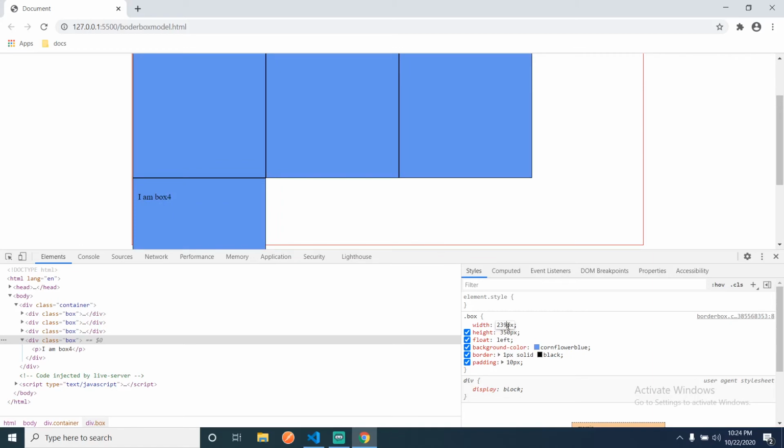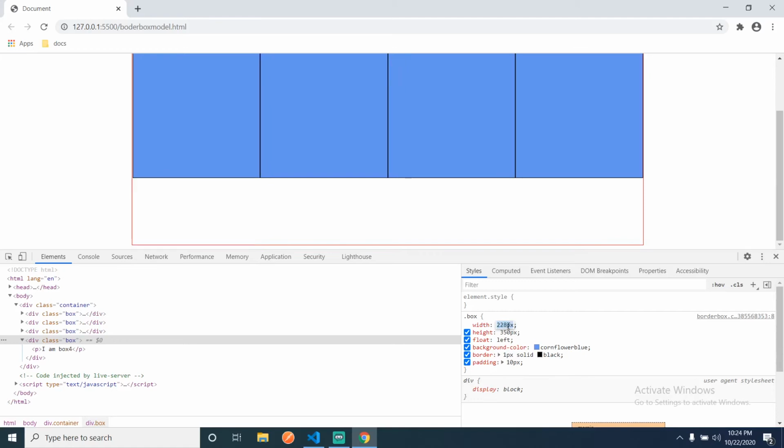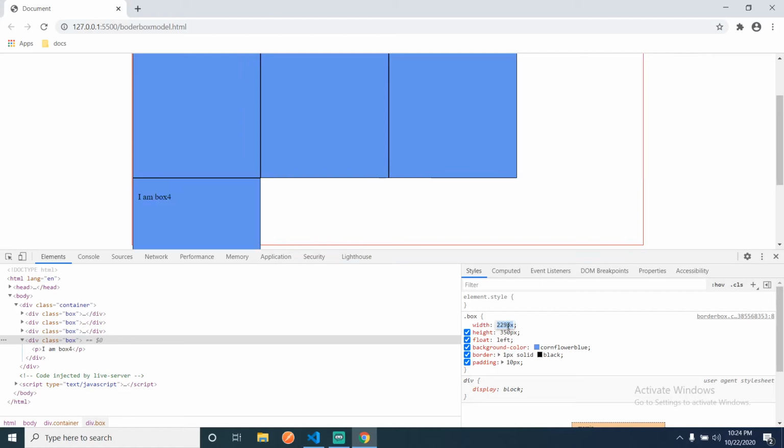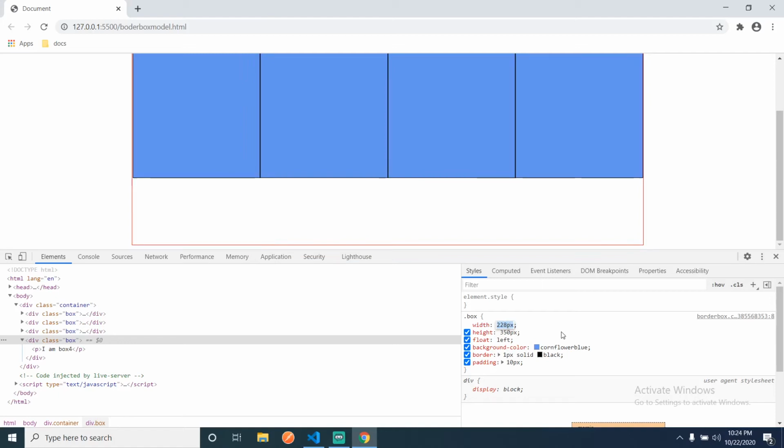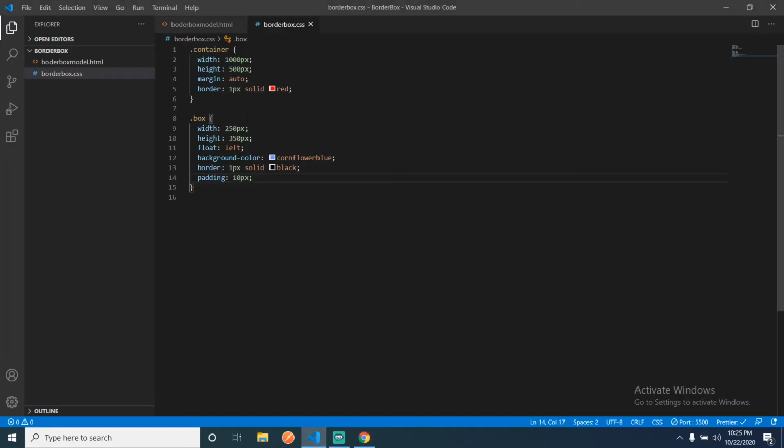Okay, it is not working, so let's go. Okay, so yeah, sorry about that. We need to subtract the total width. So 20 pixels plus 2 pixels, 22, from the total. So if we subtract 22 from 250, it will be 228. So 228 will be there, and let's make this one 228.